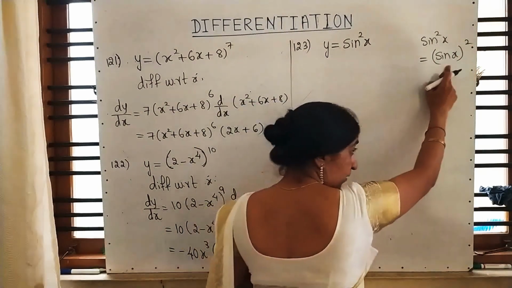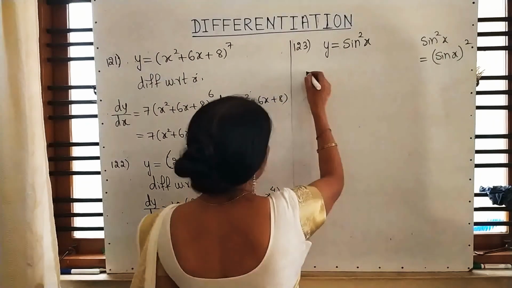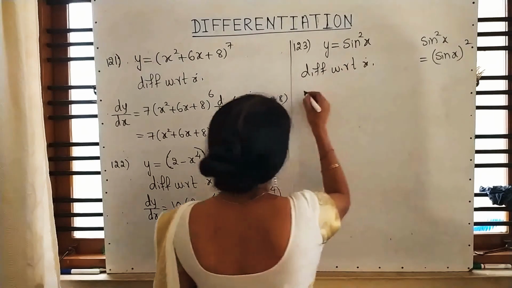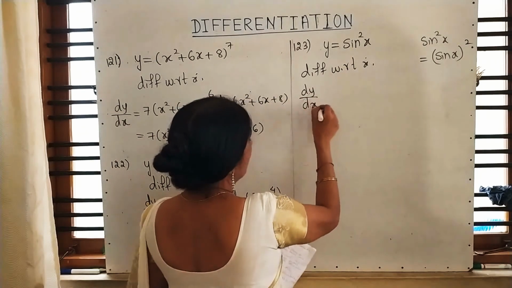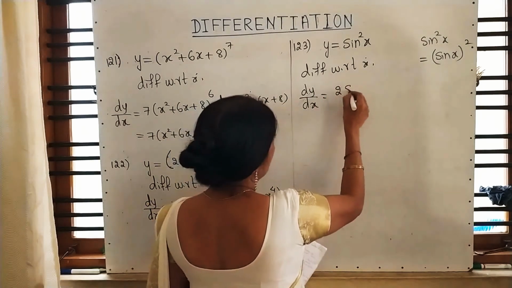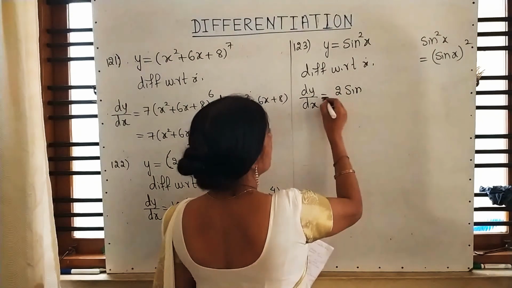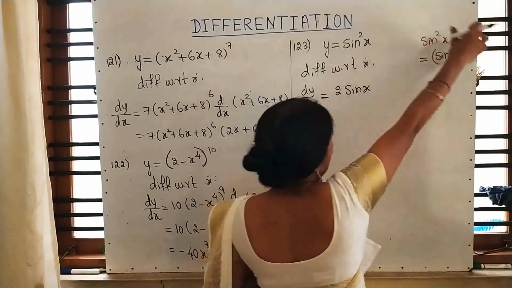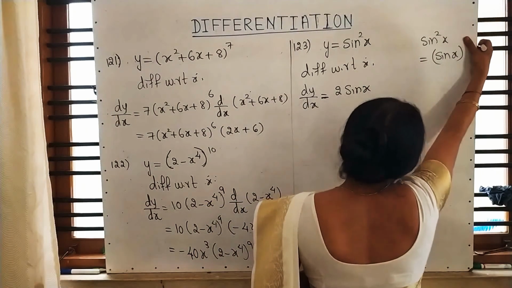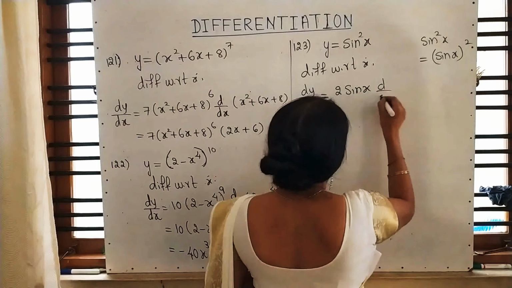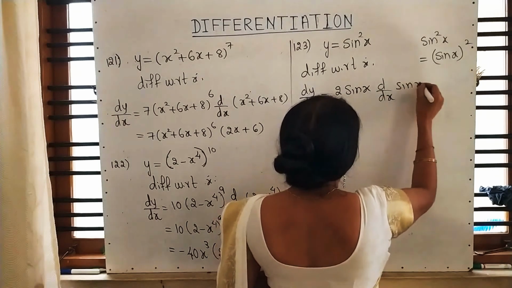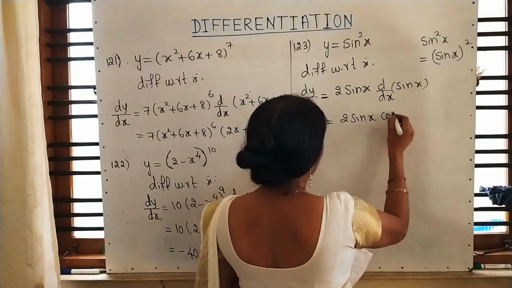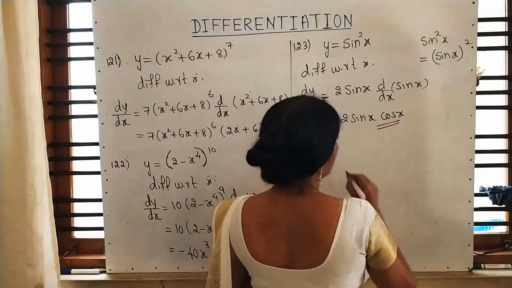See, again it is in the form of x to the power n or what? That means first we are differentiating the power. So n into x to the power n minus 1, that is 2 into sin. 2 minus 1 is what? 1. That's why I am writing directly sin x. So cover that, close that power. What is remaining? Sin x. And it is 2 sin x. Differentiation of sin x will be cos x. This is the final answer.